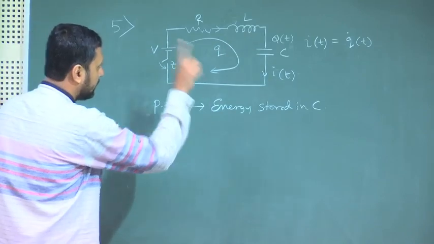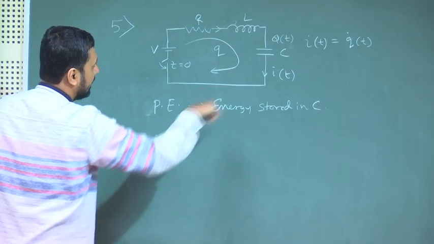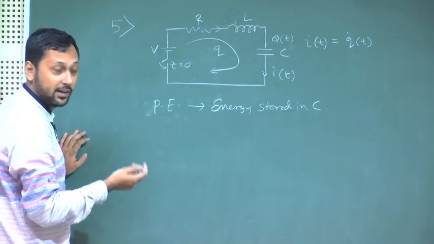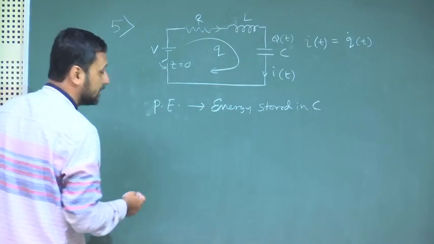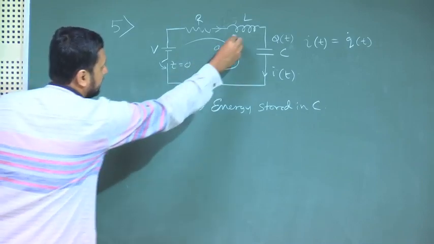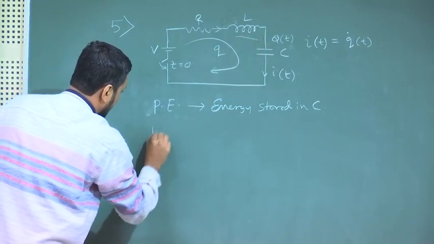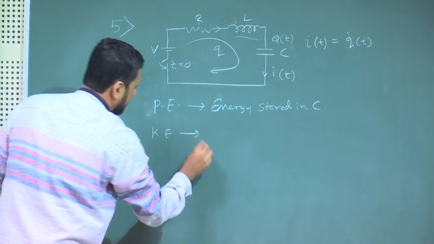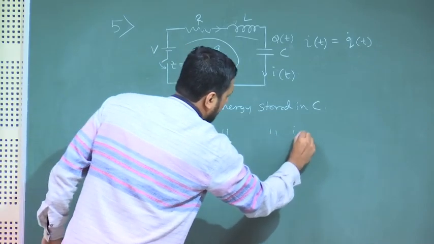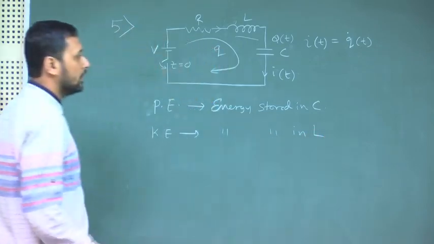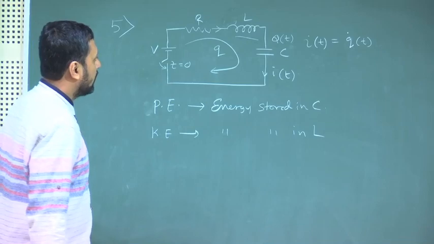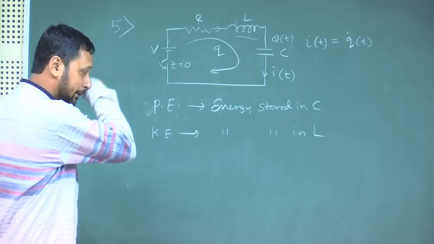Because it is related to the dynamism of the system, dynamism as in when the current is changing as a function of time, only then this comes into account. So, kinetic energy is the energy stored in L. Okay. And it so happens that energy stored in C is